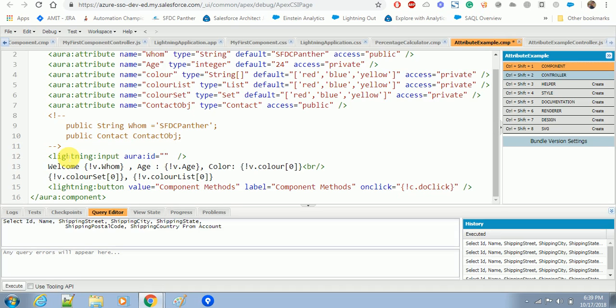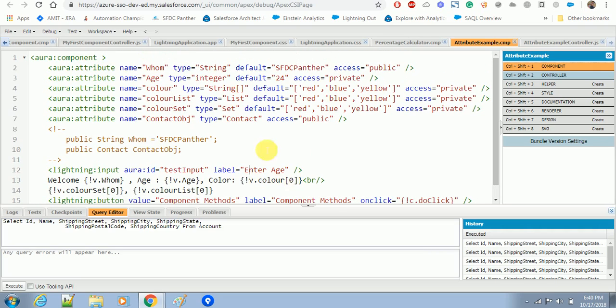So this is the same: aura:id test input, and here in the value I'm just putting v.age, and on the click of this button, I'm not binding it with any variable. Now on the click of this button, I want the value of this particular input, but because I haven't bound the input with any attribute,